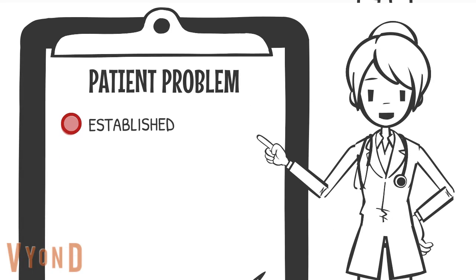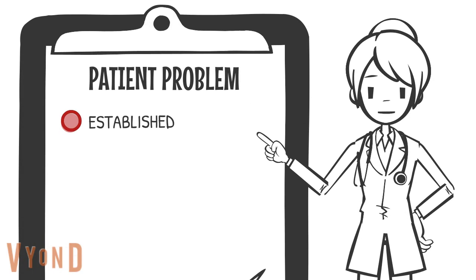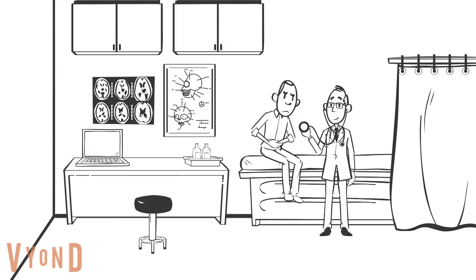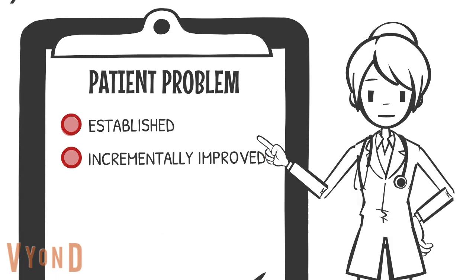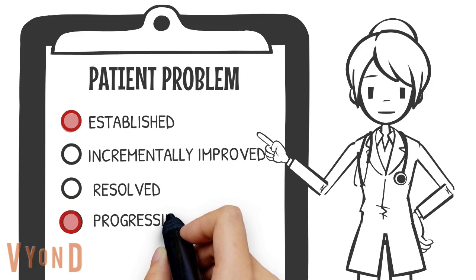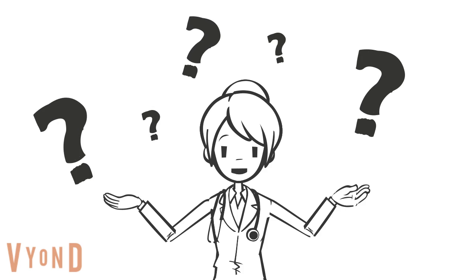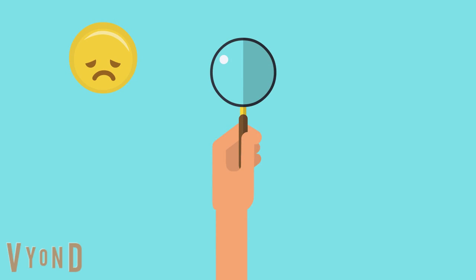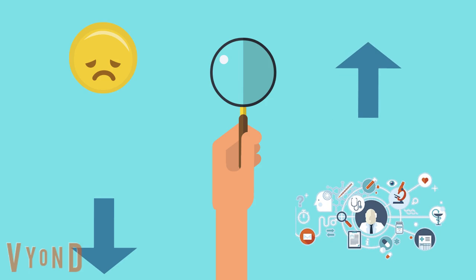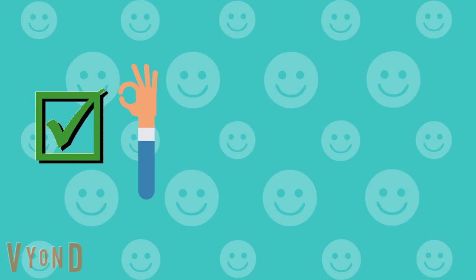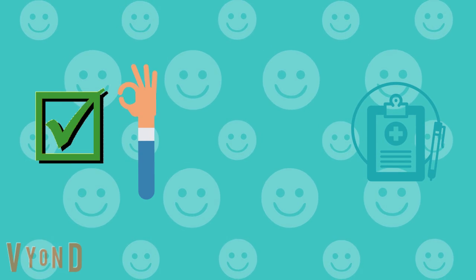If the patient was hospitalized for a problem that is an established problem to you, however, it was exacerbated when the patient was hospitalized, you will need to determine the current status of the problem. Has the problem incrementally improved? Resolved altogether? Or is it still progressively worsening, to the extent that you need to consider other management options? Problems that are worsening support a higher level of medical necessity, whereas problems that are resolved may not qualify for a TCM service, as they may not meet the medical decision-making